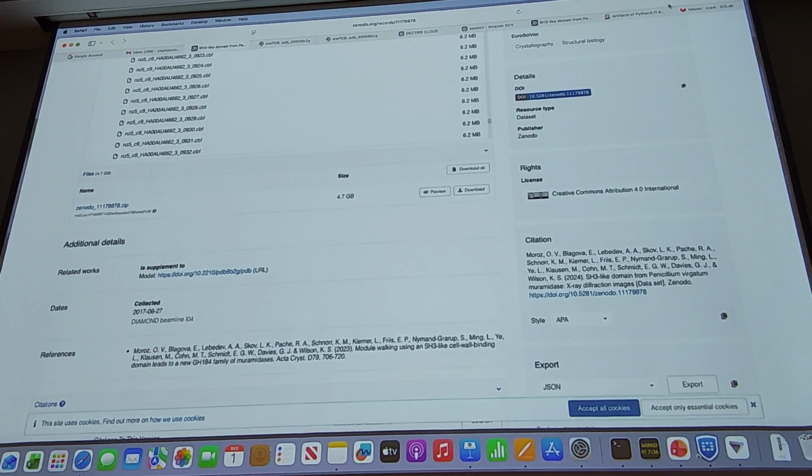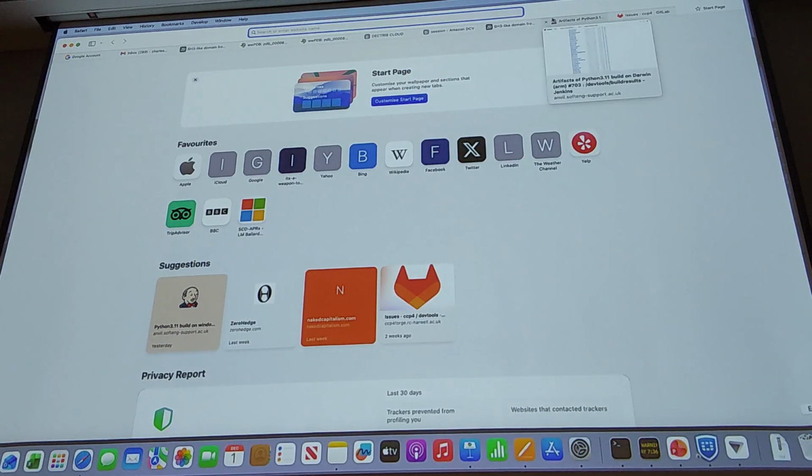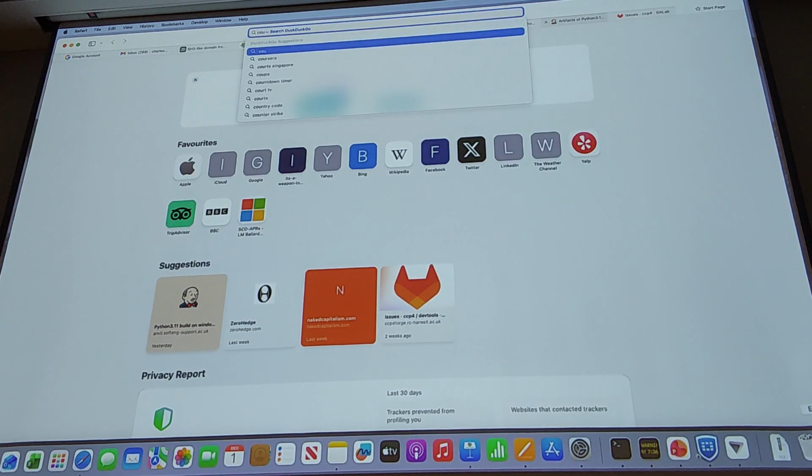So, finding Zoom present window. I want to